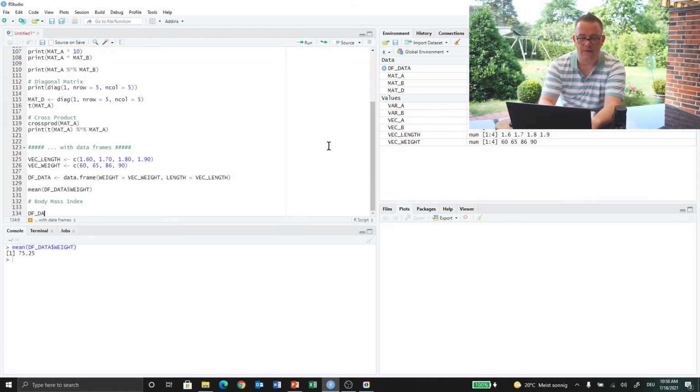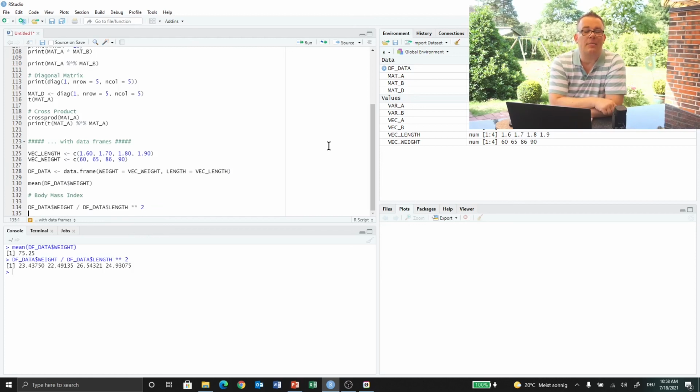So df data $weight divided by df data $length squared. And we get back a vector with individual body mass indices, 23.4, 22.4, 26.5 and 24.9. And now we can write back this vector into the data frame,